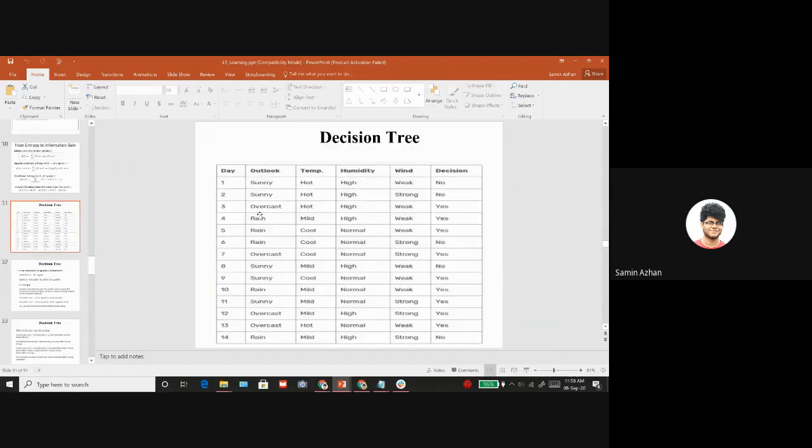For example, let's say most of our outlook was overcast and all the overcasts were yes. If we didn't have sunny or rain, and all our training data set was outlook equals overcast and all the decisions were yes, if we used that as a training data set, that would be called overfitting,